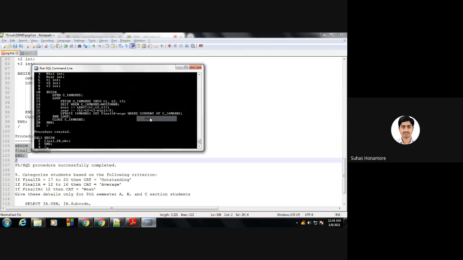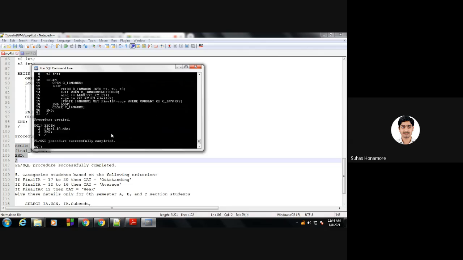Like for a view, you used to call it as select star from view name, okay. So here what we are doing is, procedure name you are giving, and just calling it, okay. So this will call the procedure. Internally it has already calculated all the values, but we are not seeing anything. So if you want, you can just select star from